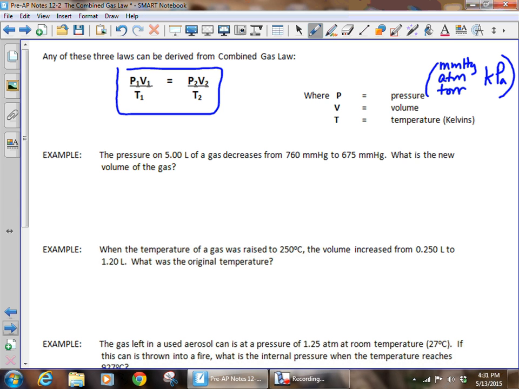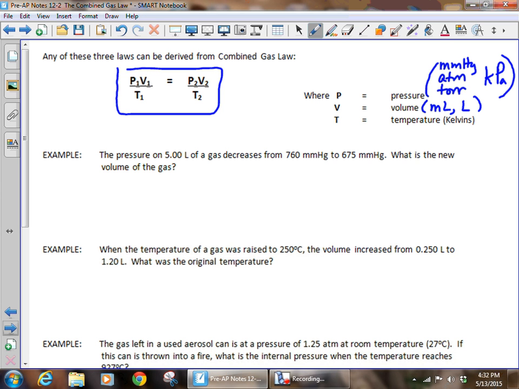Doesn't matter as long as they're the same on both sides of the equation. Both pressure values have to be the same. If they're not, you have to convert one to the other. Volume, milliliters, liters. Honestly, volume could be in quarts, gallons, whatever, as long as it was the same on both sides of the equation. But we don't use those units really at all because we deal with the metric units,